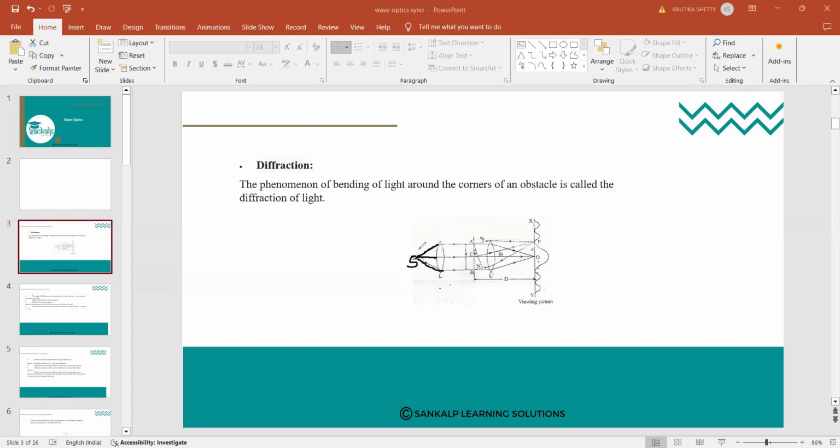So the converging lens, it is passing through it. So here we have the converging lens. So because of the converging lens, light is getting converged. So next to it will come out of the converging lens. So once it comes from the converging lens, okay, we are getting the parallel rays.